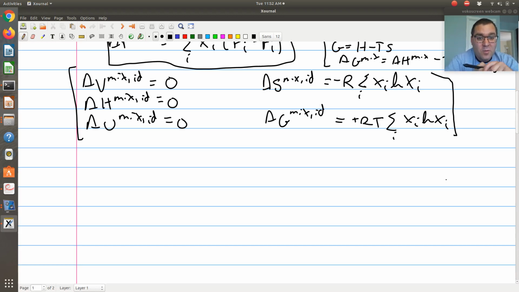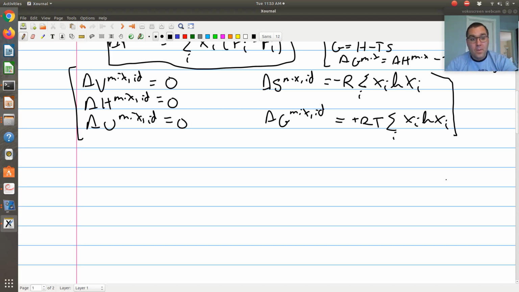So when it comes to entropy of mixing always being positive, this is a combinatorial term. If I think of a binary case where I'm mixing A and B, A and B are going to interact in exactly the same way, but they're going to be distinguishable. So if my A molecules are all red and my B molecules are all green, I mix them together to form a final mixture of distinguishable A and B molecules. So there are more unique configurations available to my system.